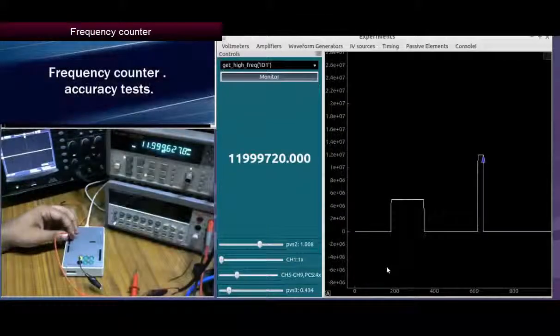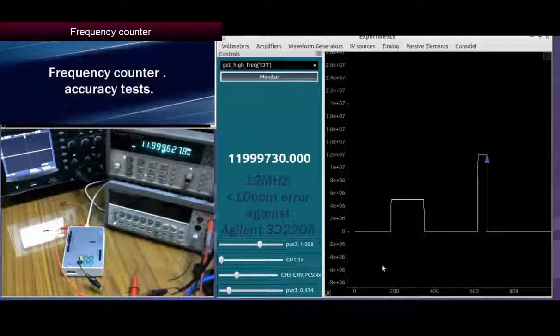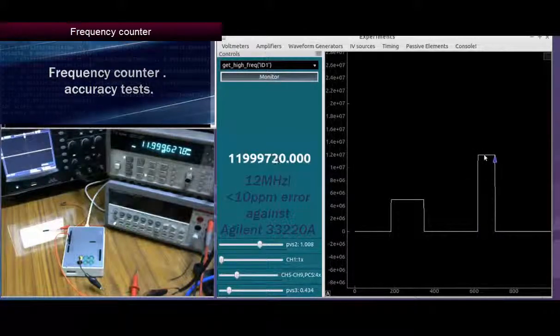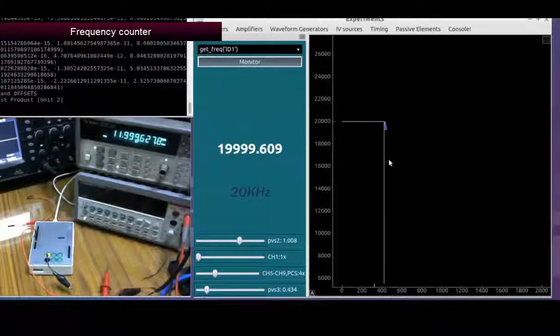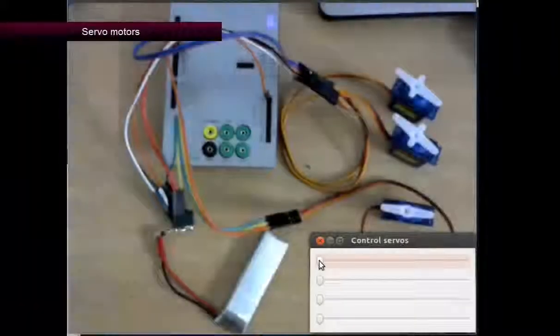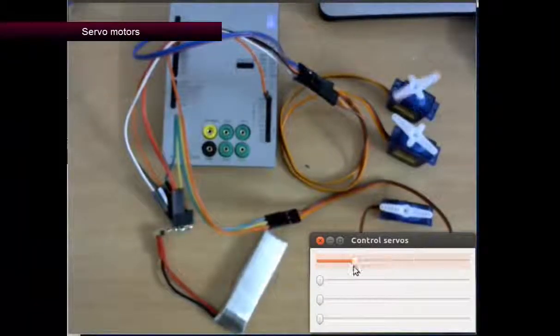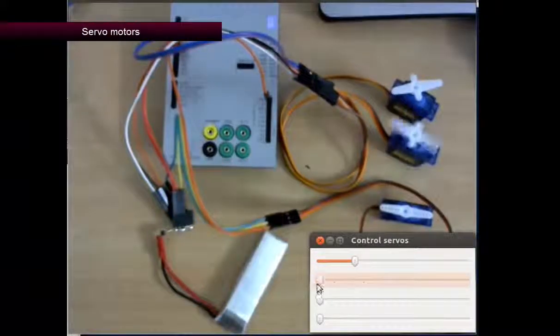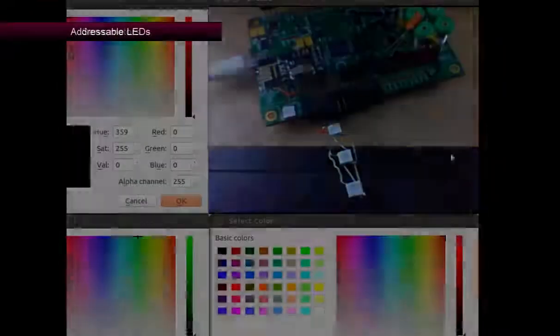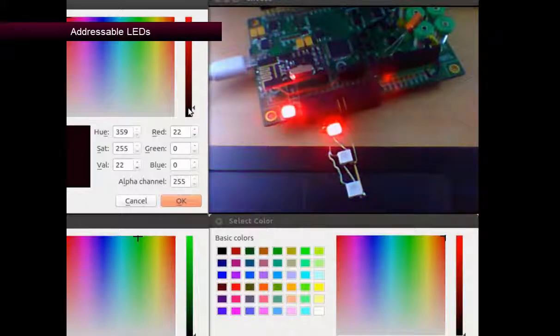The reference used for the digital tools is a TCXO with 2.5 ppm accuracy. This has really paid off and you can observe the results in the high levels of correlation with professional equipment. You can also control PWM servos, up to 4 as long as a separate power supply is used. The expansion slot can also output signals to drive addressable LEDs. A daisy chain of up to 3 LEDs has been tested.